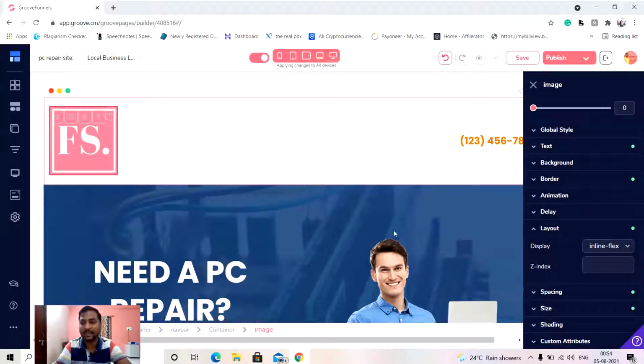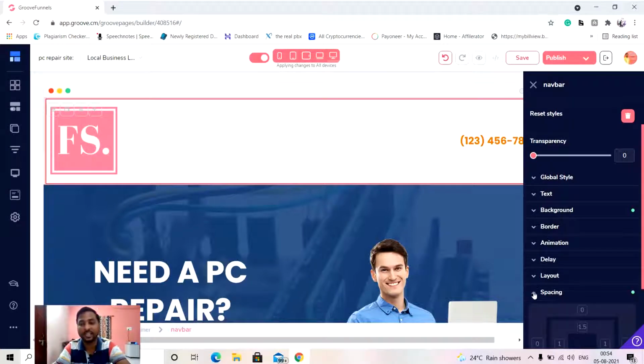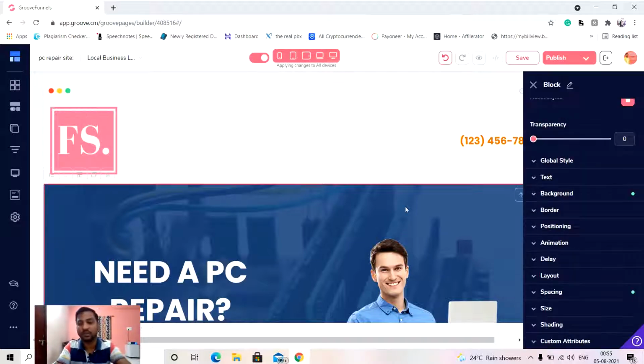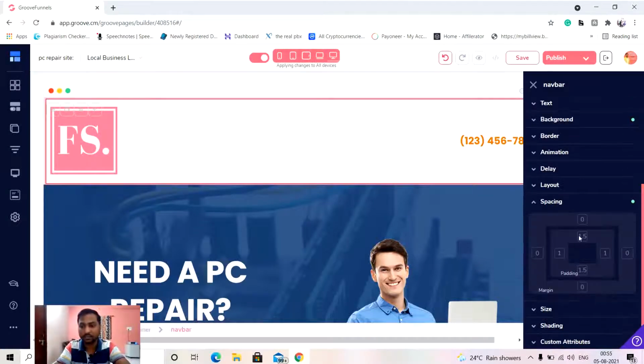Now what we have to do, let us shrink this block area a little bit, so it will try to merge with the logo borders, and it will look good on the browser. So we'll do it with the spacing area. We don't have to do anything with the logo. Now we have to shrink the spacing of the entire block. That is the reason you can see that I have selected the block completely. Now let's do the spacing of the block, and you will see it will make changes.